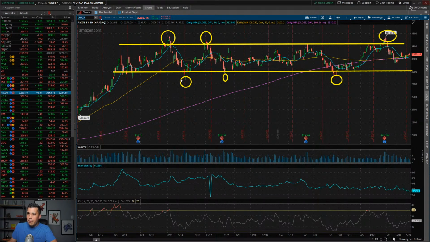And a lot of times what happens, it takes out people's stops, rips back up. Takes out people's stops, rips back up. So you want to be careful when you're setting stops, like if you buy here, you just have to know